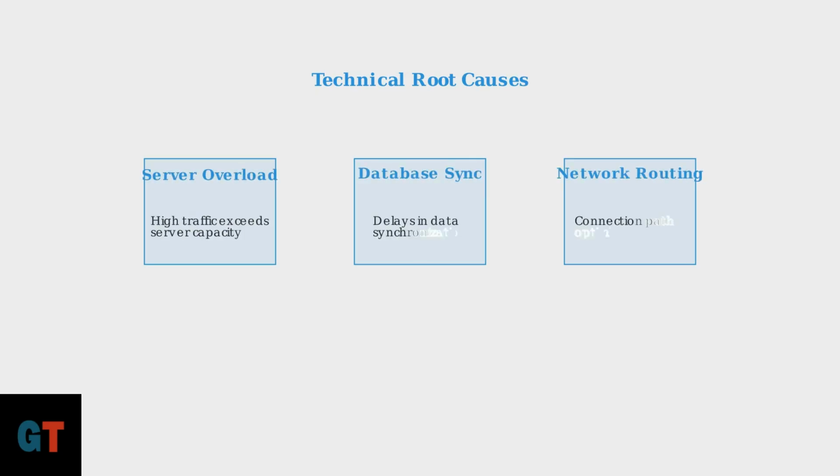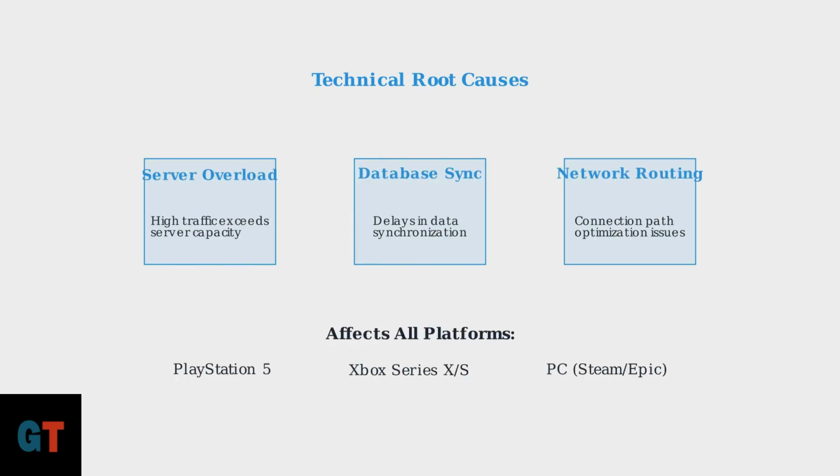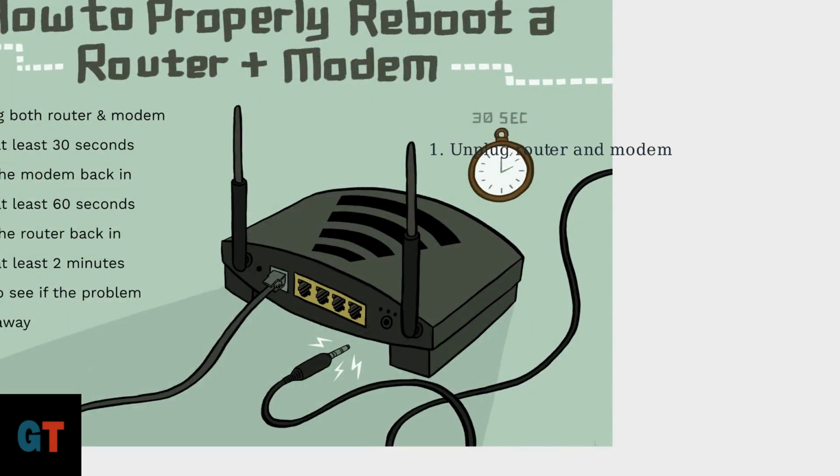The root causes of these connectivity issues stem from three primary technical factors: server overload conditions, database synchronization delays, and network routing problems. These issues affect players across all gaming platforms, including PlayStation 5, Xbox Series X and S, and PC systems. When experiencing failed to fetch inventory or login issues in NBA 2K26, the first step is to address